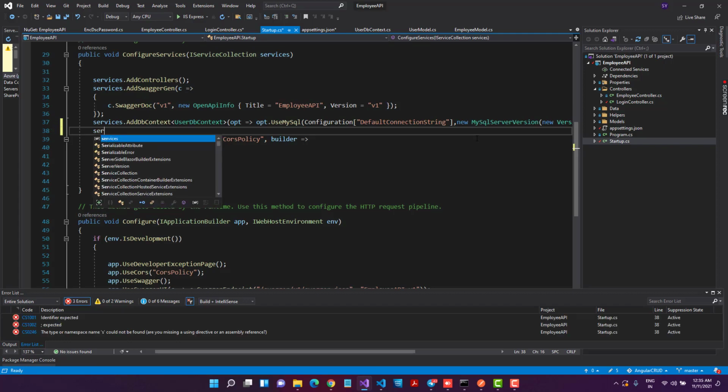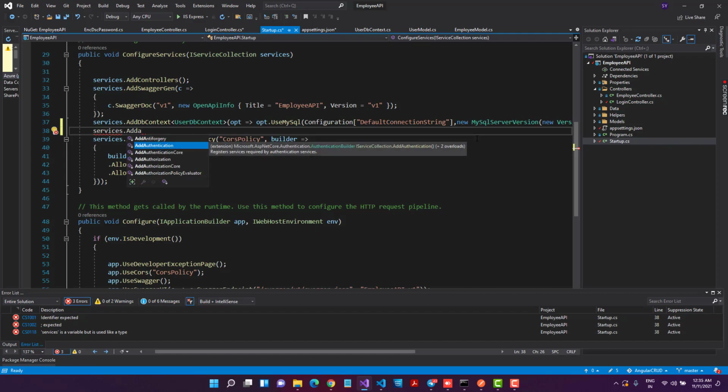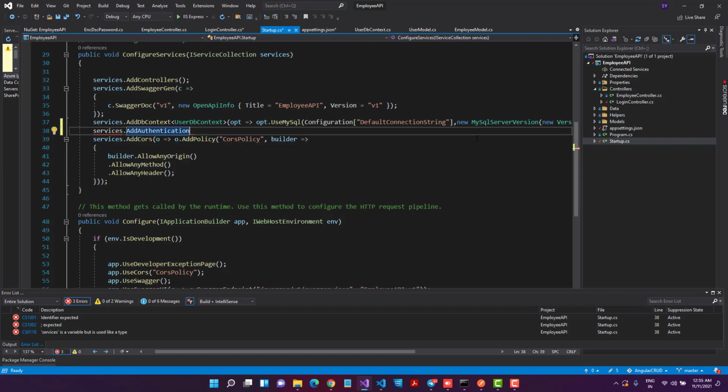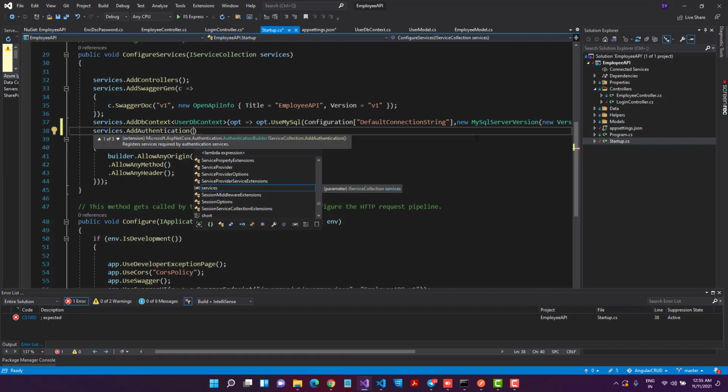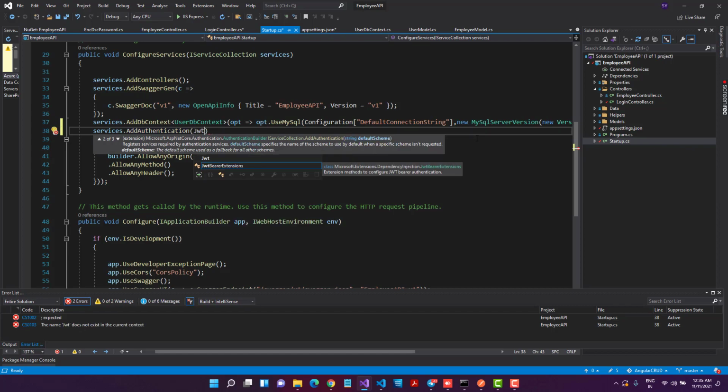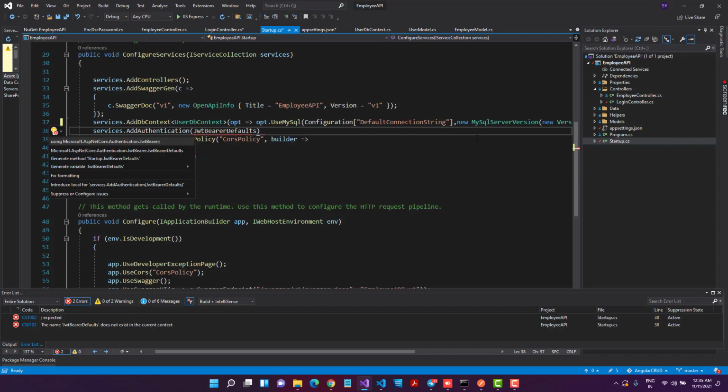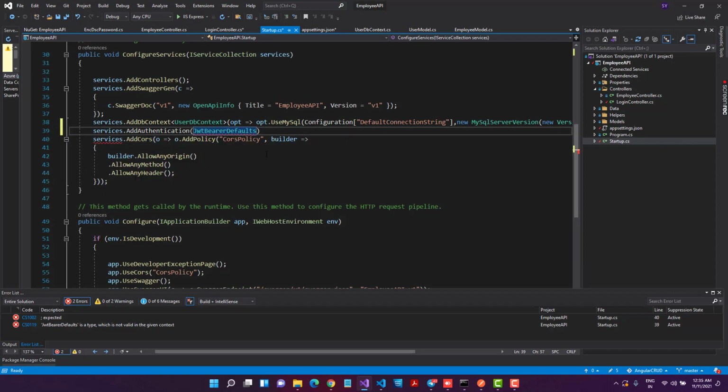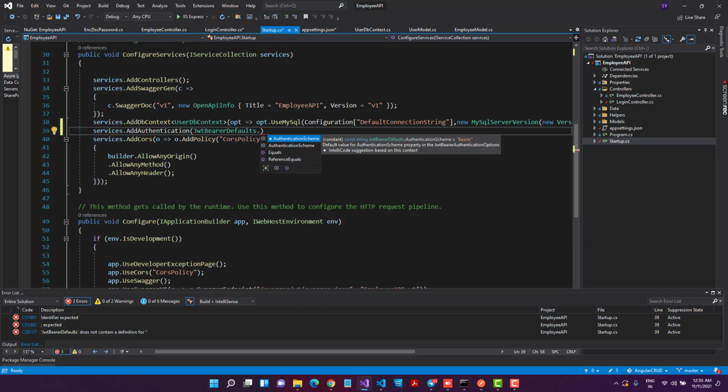So I'll say services.AddAuthentication. You can see the second one. What kind of security do I need to add? I need to add the JWT bearer defaults authentication scheme. So I'll say JWT. I think I have to import, else the intelligence will not work. So it is JWT bearer. I'm very bad at spellings. Default. Okay, so it's JwtBearerDefaults. Let me try to import. Yeah, import is working, which means the spelling is correct. JwtBearerDefaults.AuthenticationScheme.